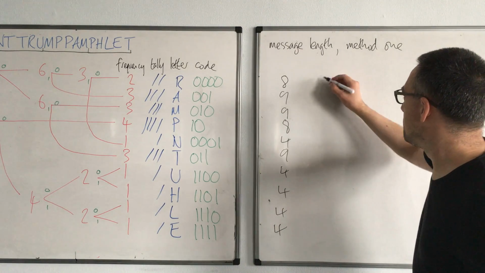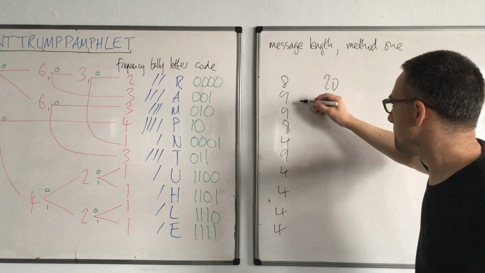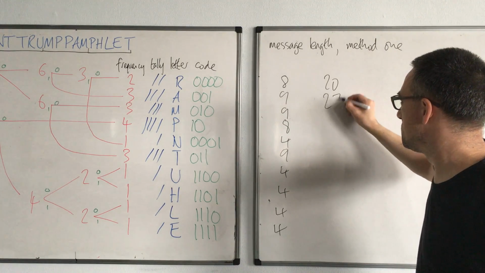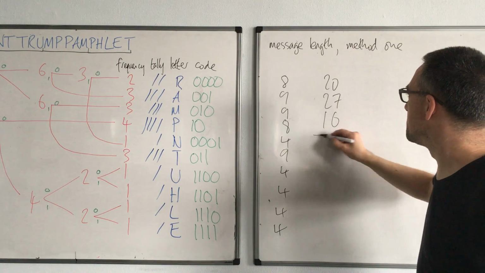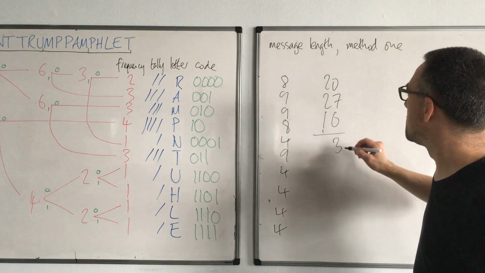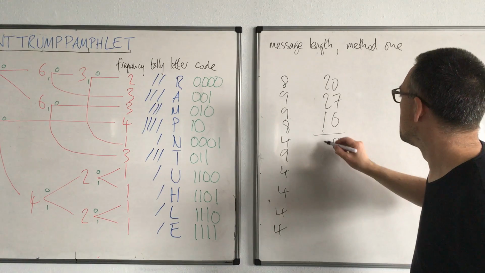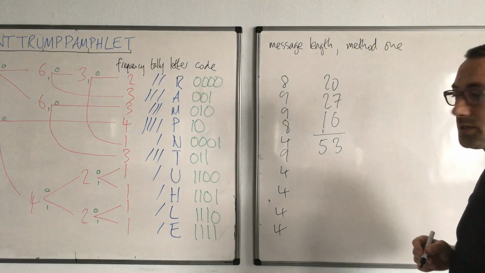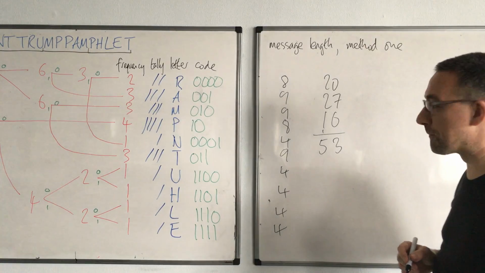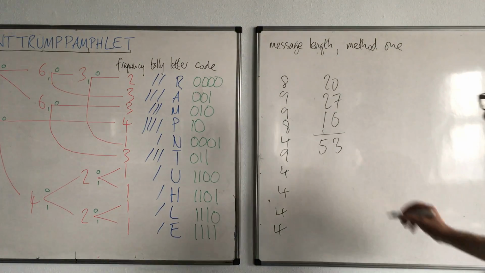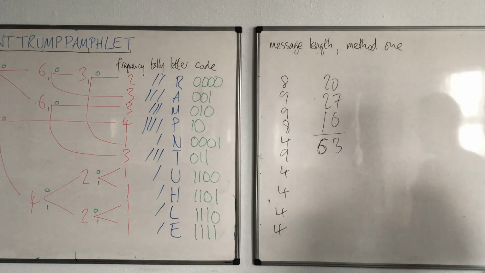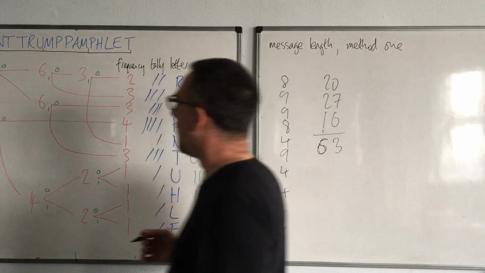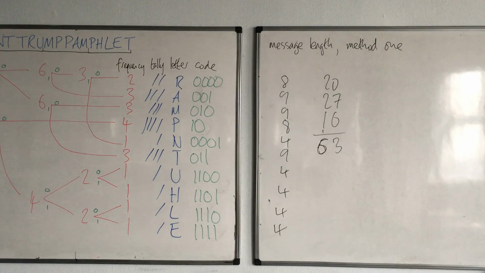So what do we have? We have 5 4s being 20, we have 3 9s being 27, and we have 2 8s being 16, which is a total of 53 for the message length. Am I... 63. 63. Yes, I can't add. Thank goodness for Stuart. But we would have found that anyway when we computed the message length by the other method,